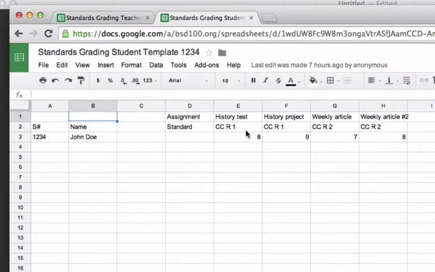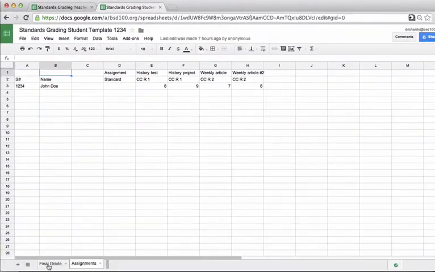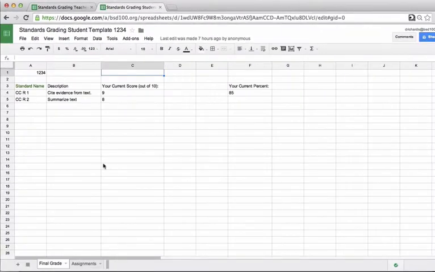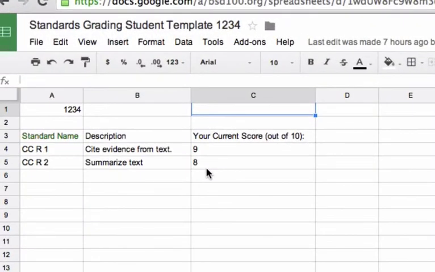This is basically in the chronological order that you've entered in the grades. So we did 2 Reading 1 standards, then we did 2 Reading 2 standards, and you can see all of their scores here. But just like in the teacher gradebook, there's a final grade tab which will show the student their highest score in the particular standard. So you can see here it has the standard name and then it pulls the description, which you could put on your master page. And then it pulls the highest score for that particular standard into this spreadsheet